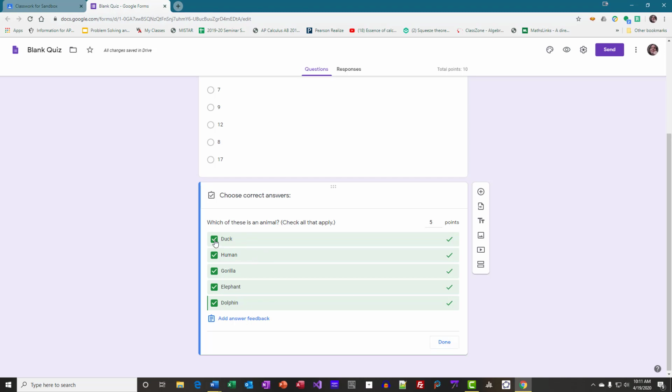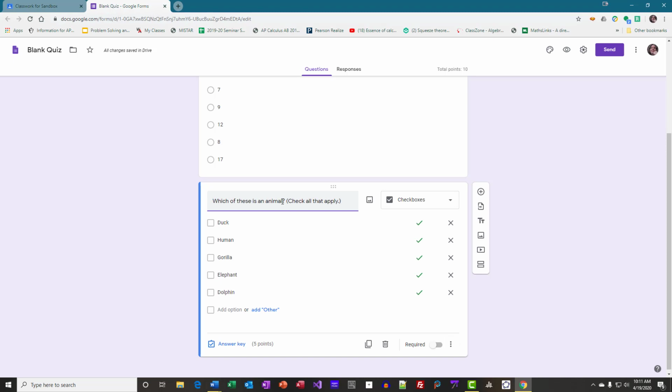All of these are animals. We might want to change the question. So we can go ahead and change that question to which of these is a mammal. Make it a little bit more interesting than this. I'm going to switch this to a salmon. We go back to our answer key